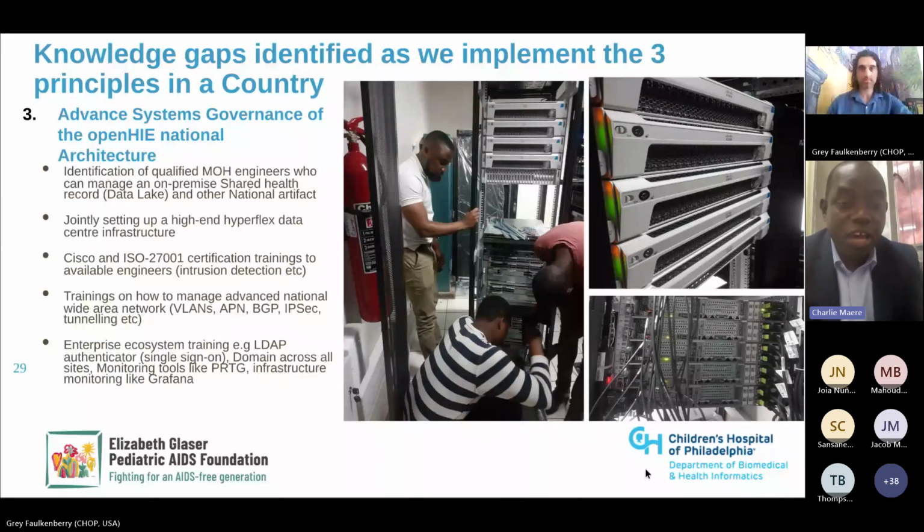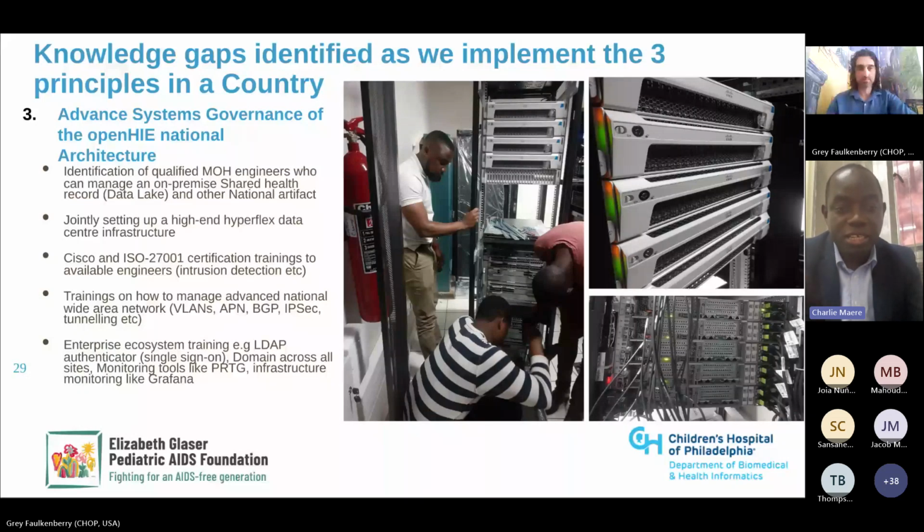Specifically in Malawi, we started identifying within the ministry qualified cadres to actually manage big data systems and data centers, which we're trying to set up. It's a challenge, but we ended up identifying some, specifically one, and then took them through setting up